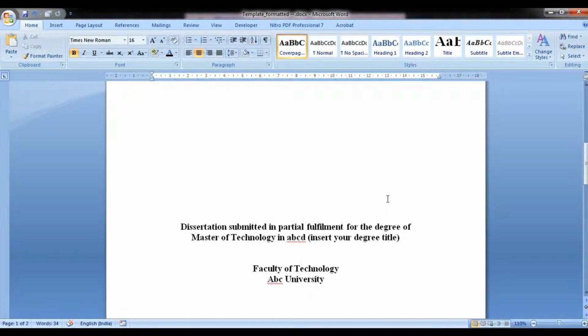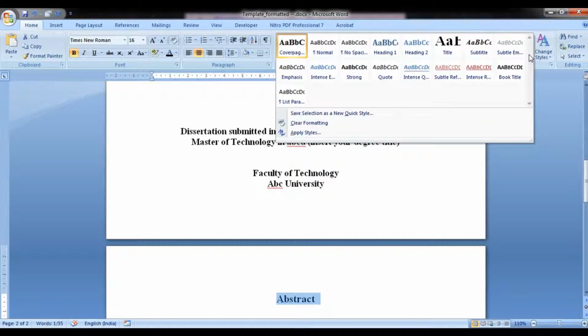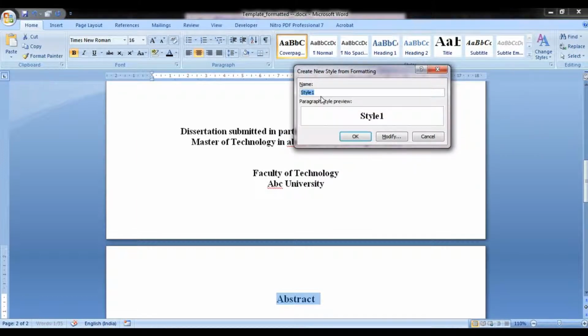Now after we are done with the cover page, let's move forward. As you know, as per our report structure, the very first thing should be an abstract. So as we had discussed, let us provide a new heading label to abstract. For that we also need to create a new style. So first of all, let us write abstract over here, then select it, then again go over here, save selection as a new quick style. We would enter the name that was